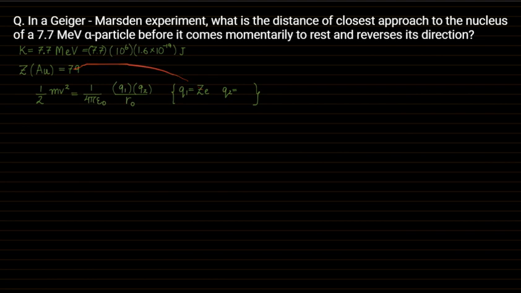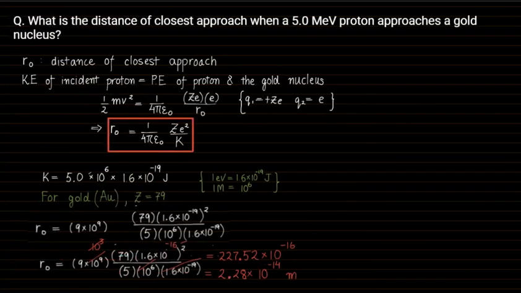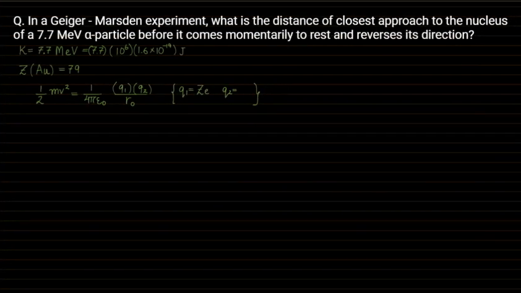But look at this Q2. In the previous question you had an incident particle proton, but in this case you have an incident particle, alpha particle. If it is an alpha particle, you remember the alpha particle was the nucleus of the helium atom, and inside the nucleus of the helium atom you had 2 neutrons and 2 protons. If it has 2 protons, what is the charge of the helium nucleus? It will be plus 2e. So the Q2 will be how much? Plus 2e. So please make this correction.